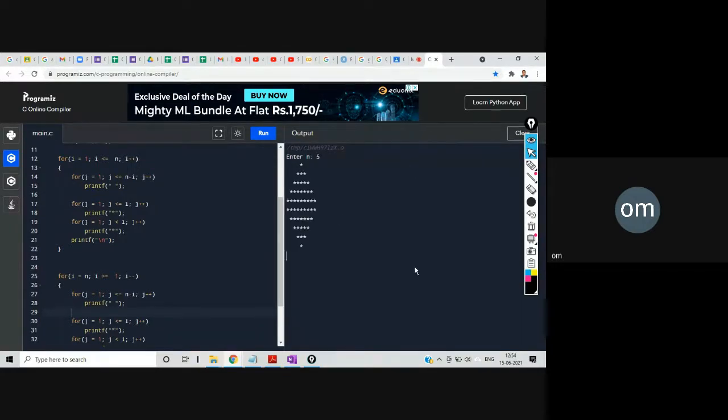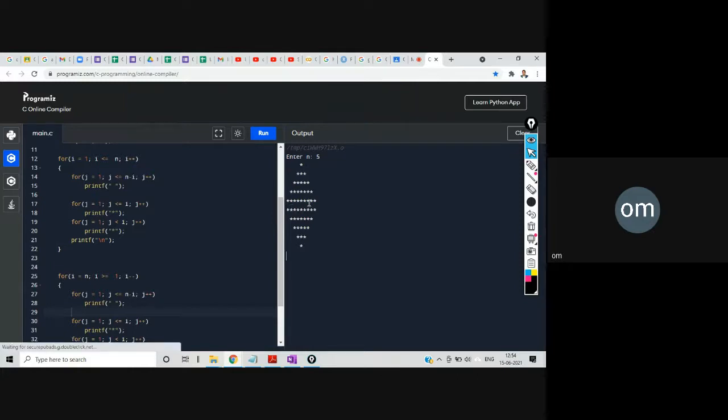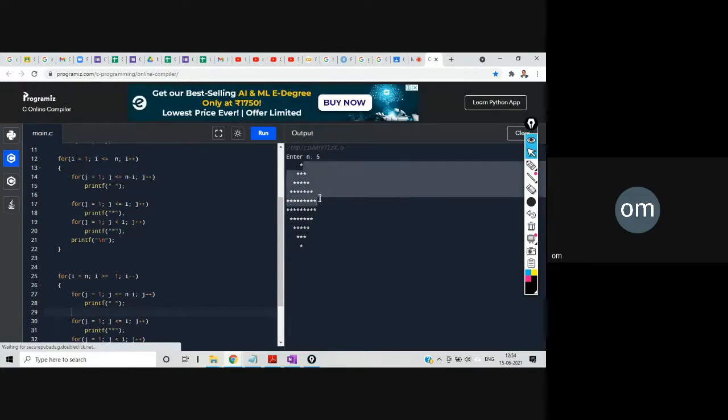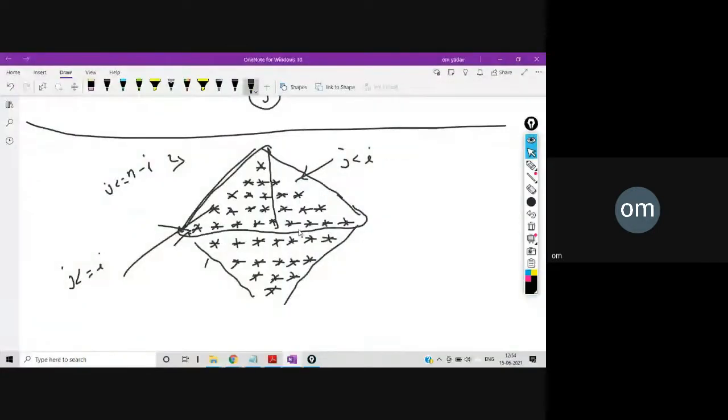Yeah. So if you see only these two lines, because simply what I did, I just reversed it. So the upper triangle is showing and the inverse triangle is showing, right? But in the pattern, if you see, there is one middle big line. That's it. So either you print the upper triangle or you print the lower triangle. So if I am printing the upper triangle, then the lower triangle must start with two less number of stars from the next row. So that's the idea.